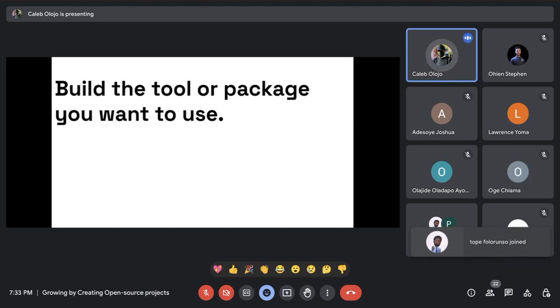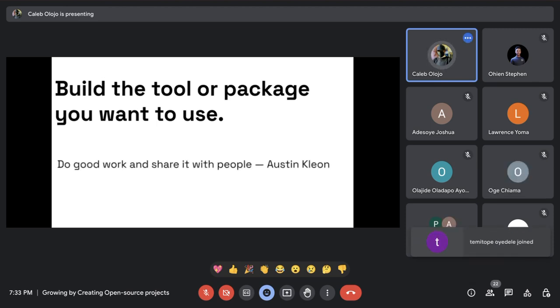And if you find out that the current tool has all the features that you may want to use, I think a good approach would be to think of ways you can share your ideas with the maintainers of that project, contribute to it, and grow from there.